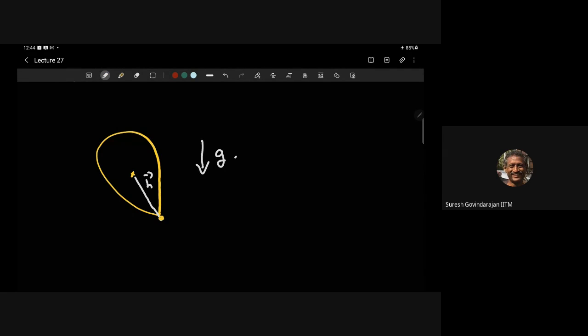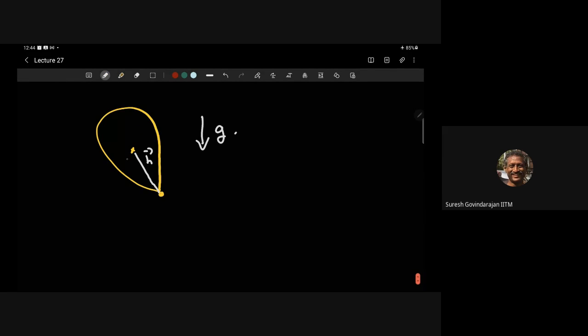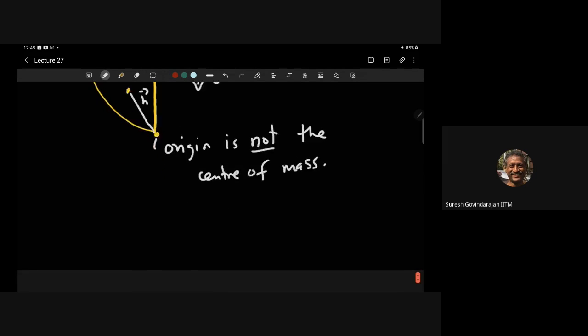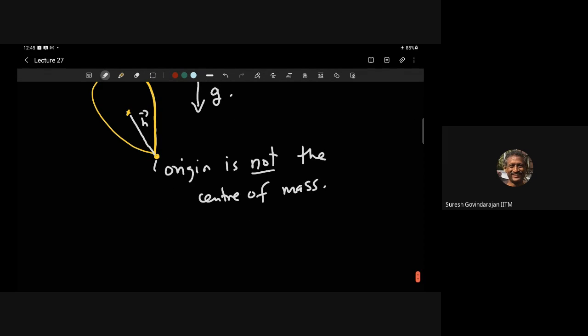The thing here is that this is a different origin. The origin is no longer the center of mass. It need not even be a point on that thing. So now we need to account for this. So moment of inertia. I'll do this first. Moment of inertia depends on